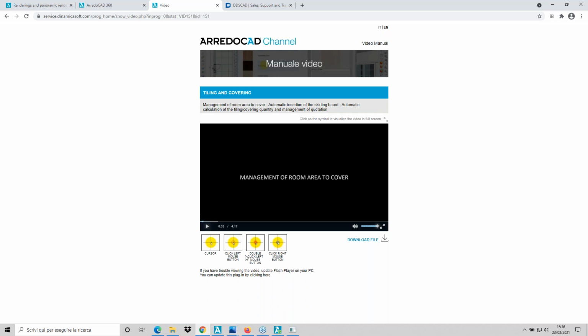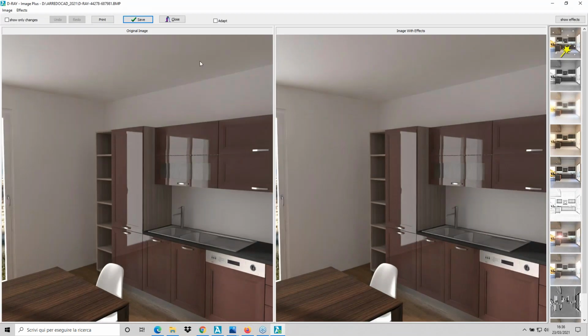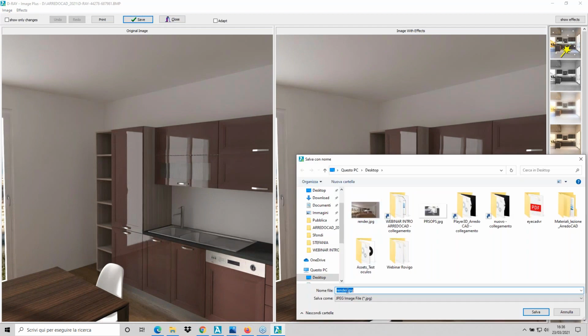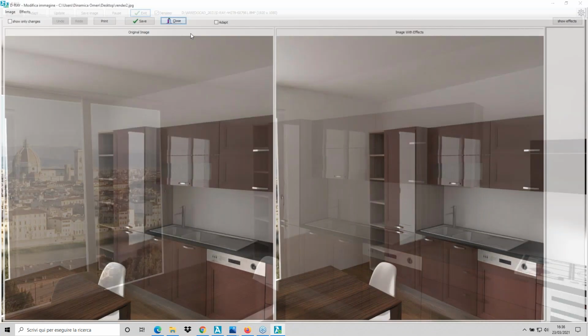Okay, and then let's arrive to the latest. Of course, here is my rendering. I could save it, of course. I can exit and stop and save renderings. And I want to show, okay, let's save it. I don't know, render 2. Okay. I want to show you